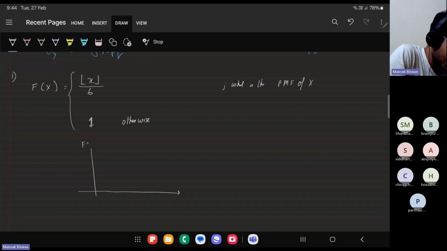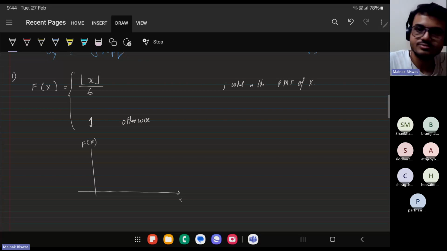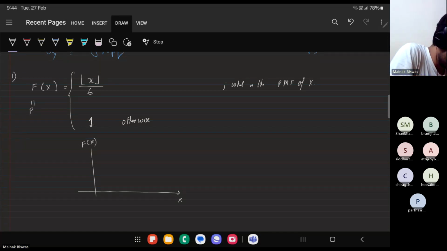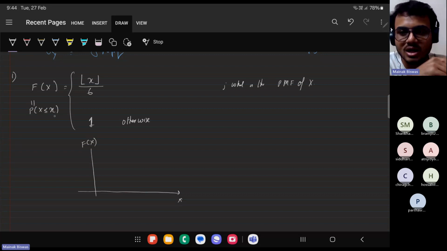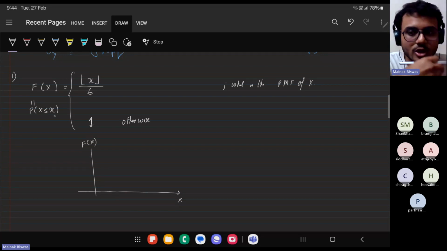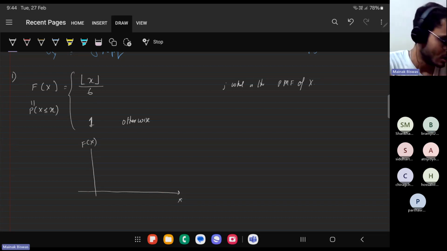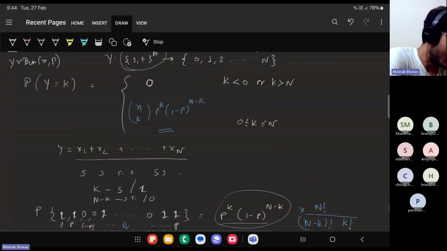So this is f of x and this is x, right? Is this the CDF you gave or the original function? I gave the CDF. I want you to understand what a CDF is. That's why I want to show you how CDFs are built in the reverse order. I could have just told you that I'll give you homework only. Number 2 would be to write the CDF of